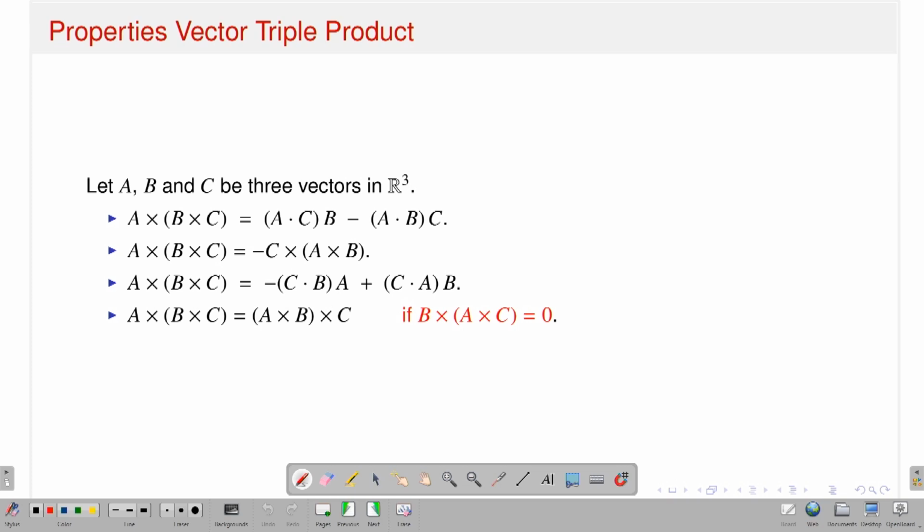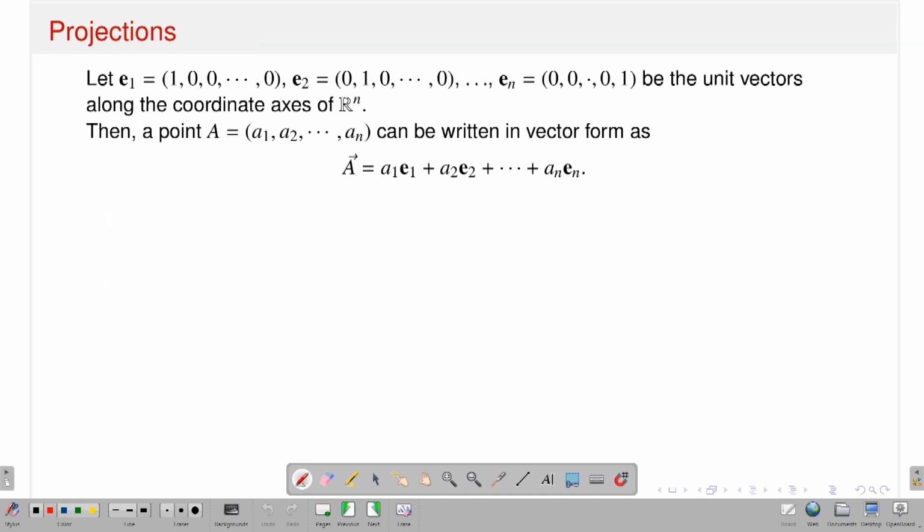This vector triple product becomes commutative provided the cross product of B with A cross C is equal to 0. Only in this case, these two quantities are equal. That is, the cross product of A with B cross C is equal to the cross product of A cross B with the vector C. So, next we introduce a small concept called projections on components, or projection along a coordinate axis,